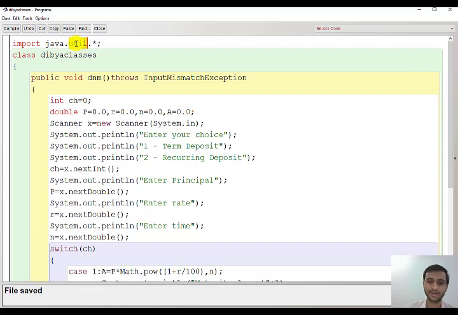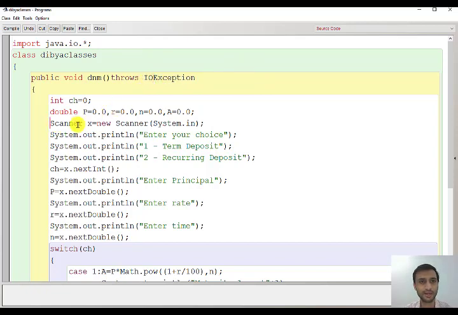Instead of util.io, you have to write IO exception, and in case of Scanner you have to write the BufferedReader line, new BufferedReader, and here new InputStreamReader, and then close the bracket. And you have to change these input syntaxes.